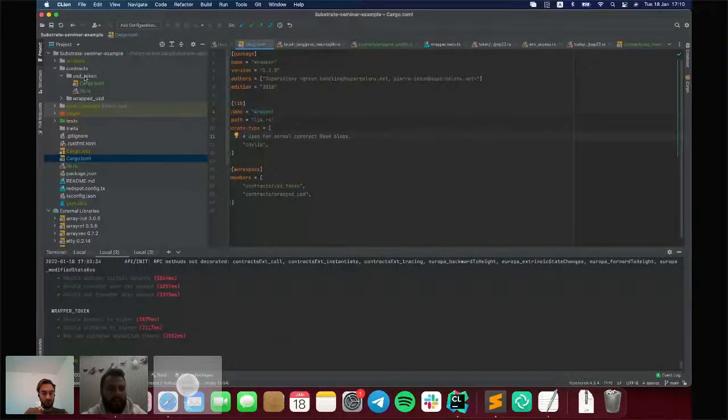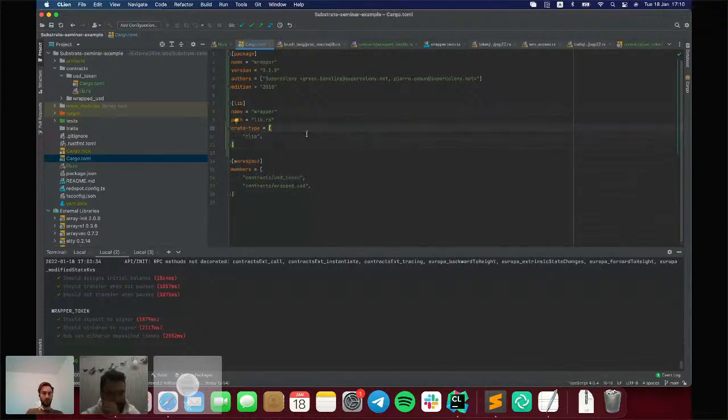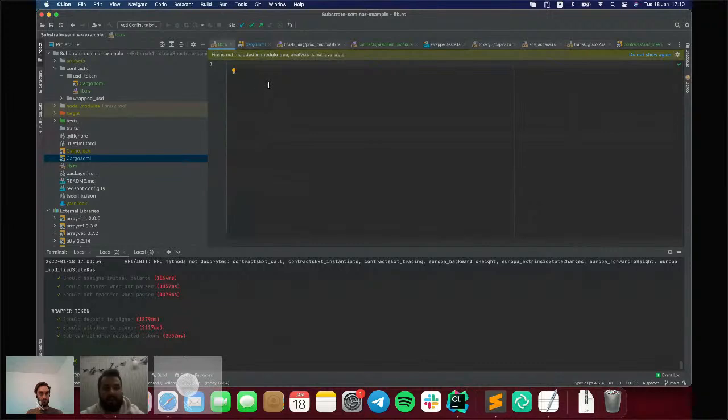Okay, and that package will be only used inside of our contracts, but we don't plan to create an instance of that package. That is why we will use rlib here instead of cdylib. So let's remove this comment. That means that we will import that crate like a dependency package, and we don't plan to instantiate a contract. So lib.rs is the entry point.